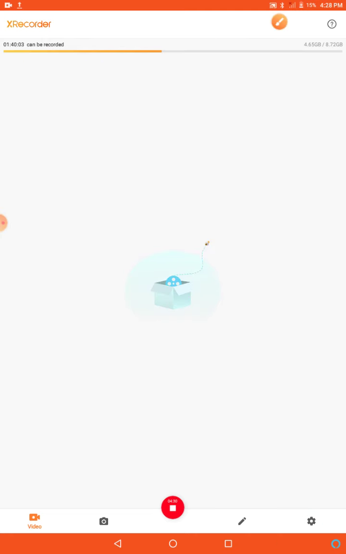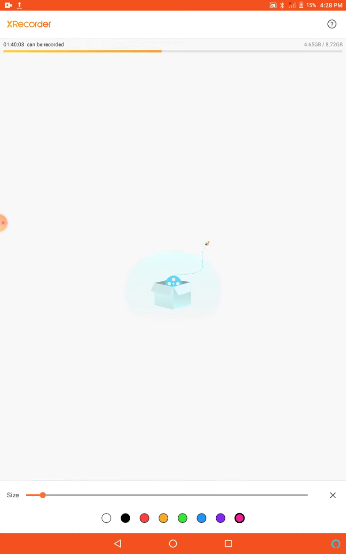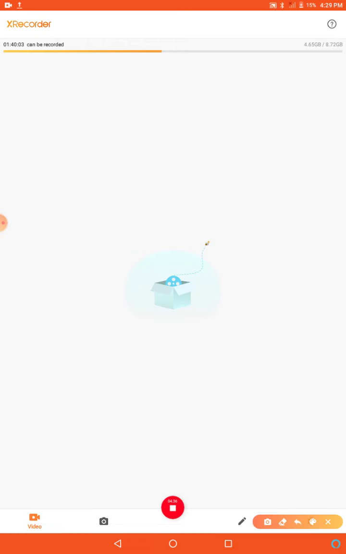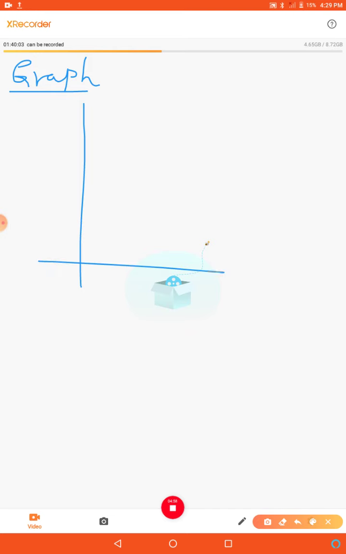Graphical representation: the graph is a very important tool in understanding the subject of physics. In a graph there will be two lines. One is called the x-axis, another is called the y-axis. These two lines meet at the origin. So this is the y-axis, and this is the x-axis. We can have a three-dimensional graph also, but in our text and in our practicals we have only two-dimensional graphs.